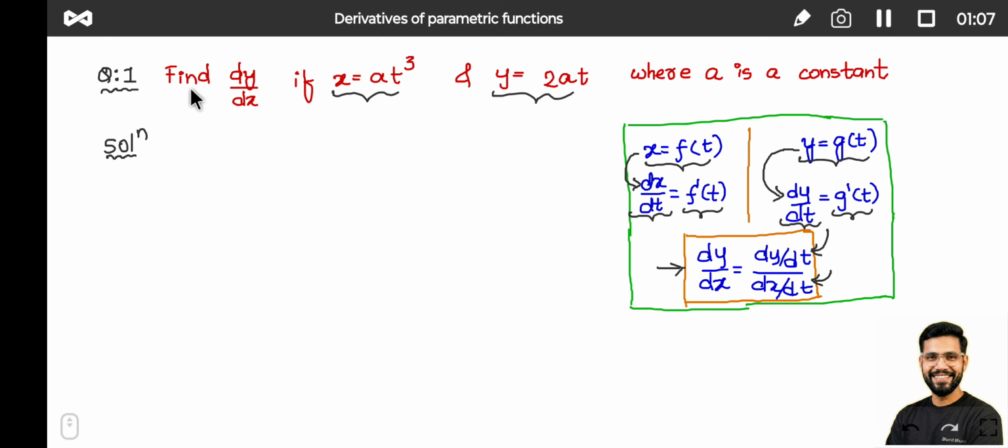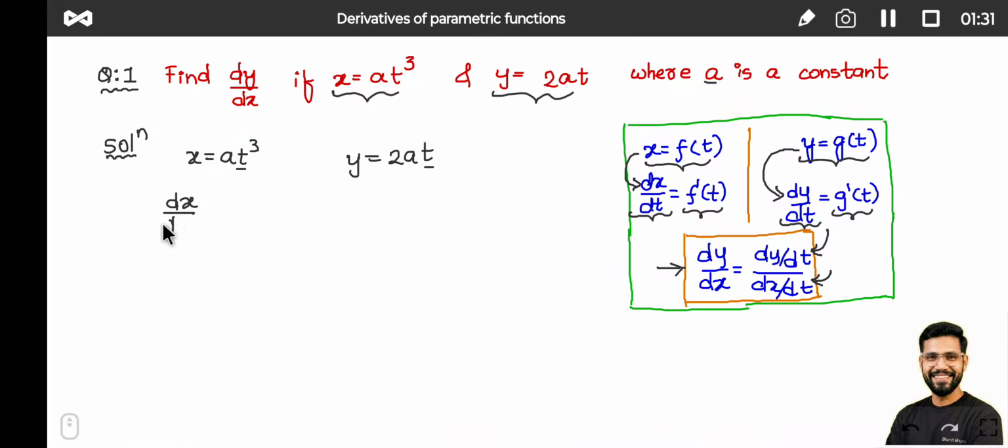So look at the question: find dy by dx, where x is given to be a t cube and y is given to be 2at. In x and y, both are in terms of variable t here, and this a is nothing but a constant term. If we take the derivative of x with respect to t, that will be dx upon dt. This a is a constant, and since we are doing the derivative with respect to t, the derivative of t raised to 3 will be 3t raised to 2. Okay, so if we multiply it, we'll get